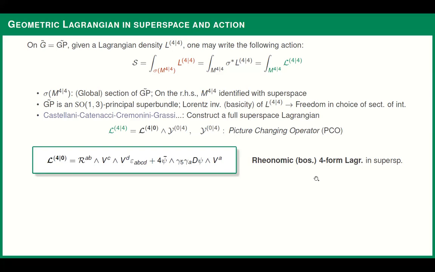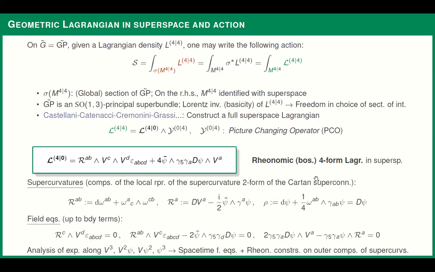Just thinking of integrating. So these are, as I was writing before, just the supercurvatures. These are the field equations derived from this Lagrangian. This is the N=1, D=4 supergravity Lagrangian, just written with differential forms. And then